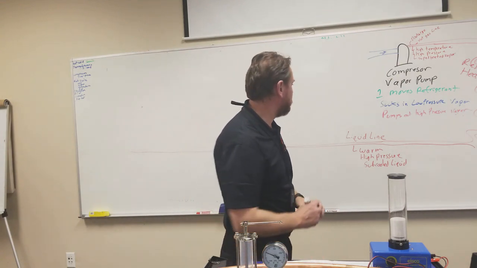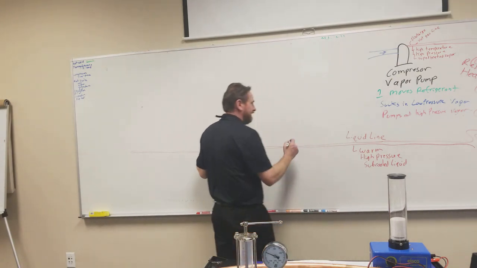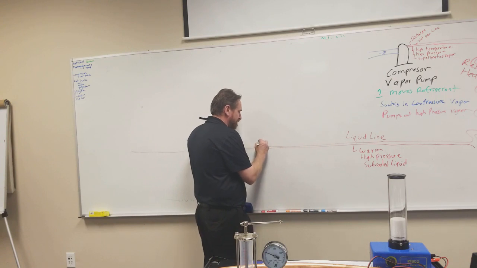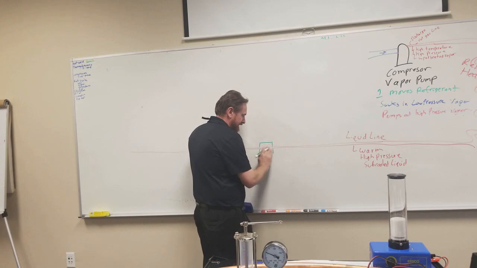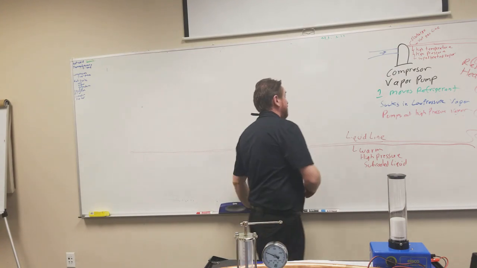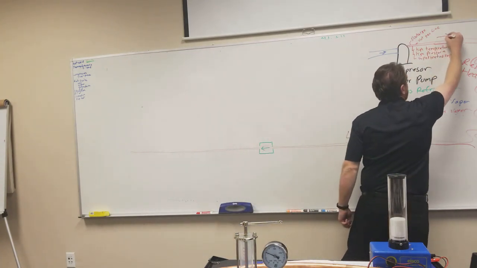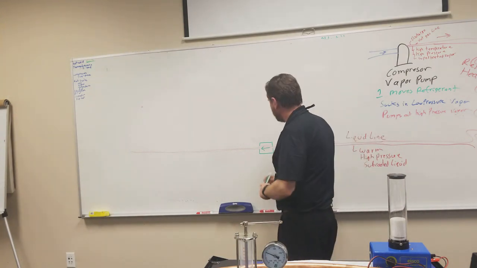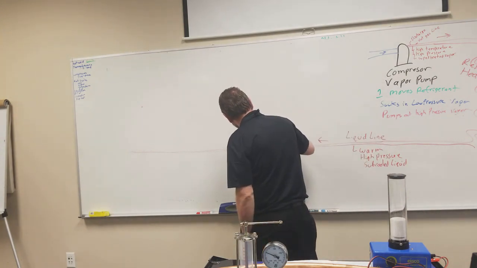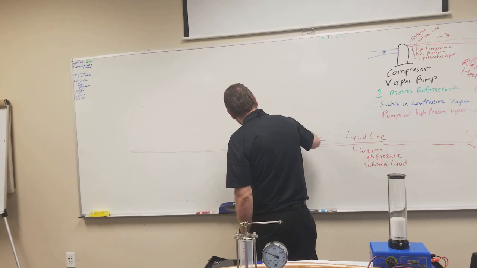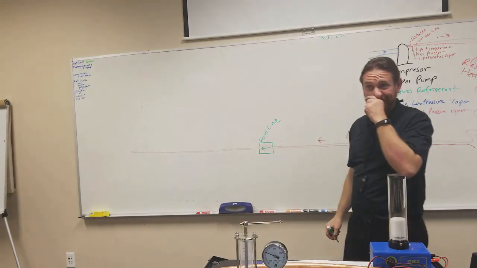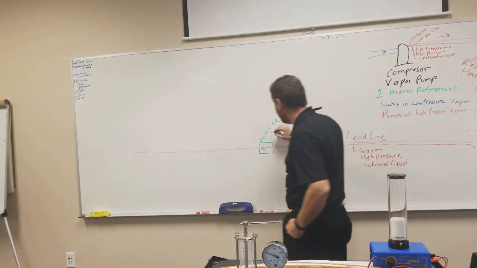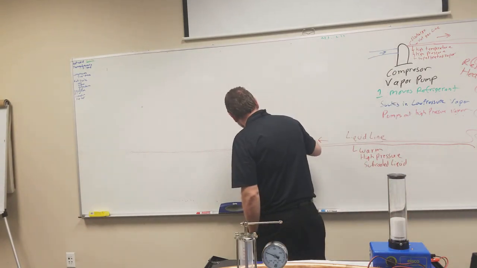As we flow through this cycle, we're going to have to go through a little accessory right here. This is not a major component of the refrigeration cycle, but it is a component that you should always have. And this component will have an arrow on it. I should also probably put my arrows here. This component is called a liquid line. What line does this go on? Liquid line. So we call it a liquid line filter